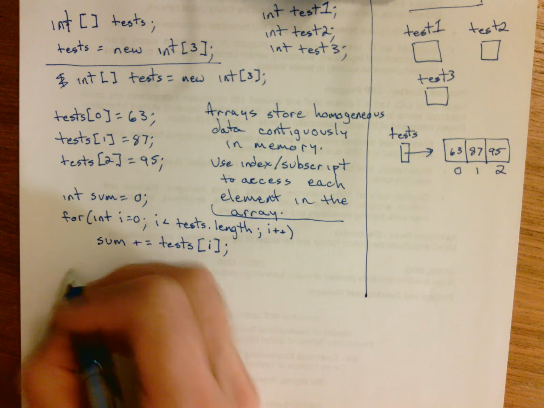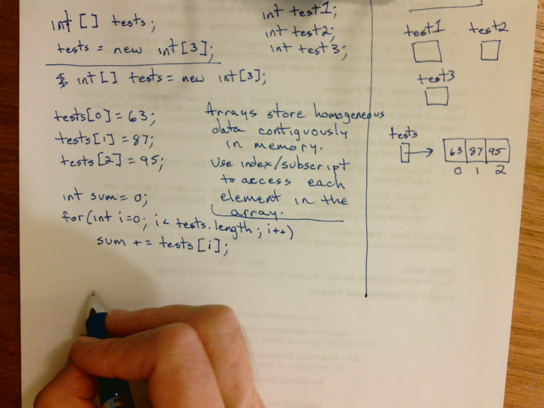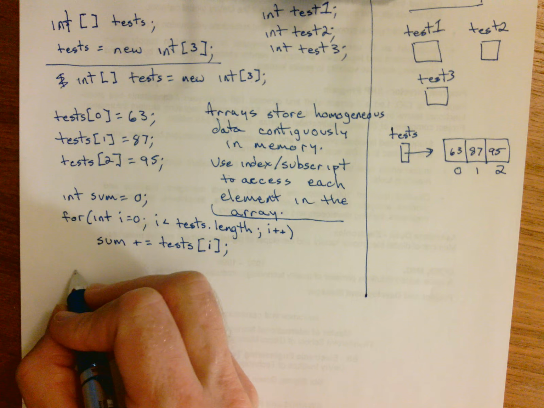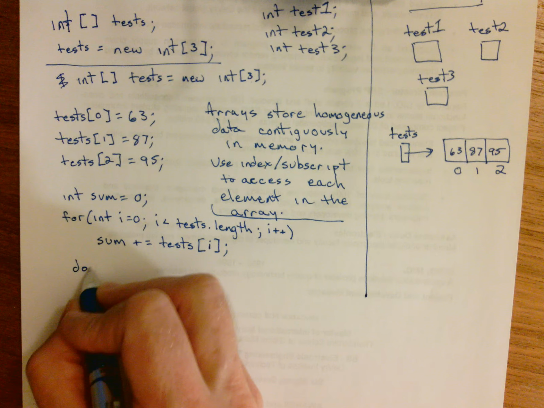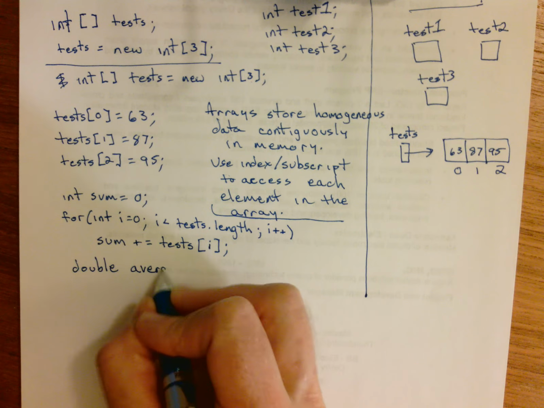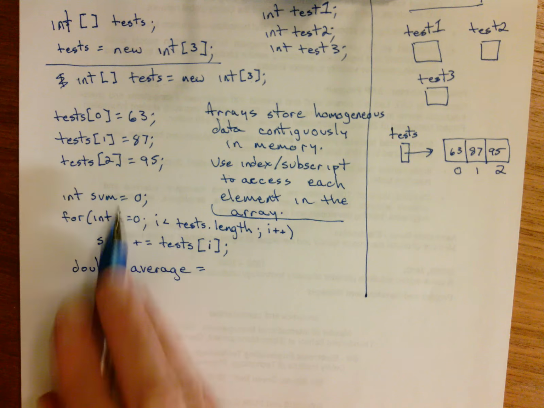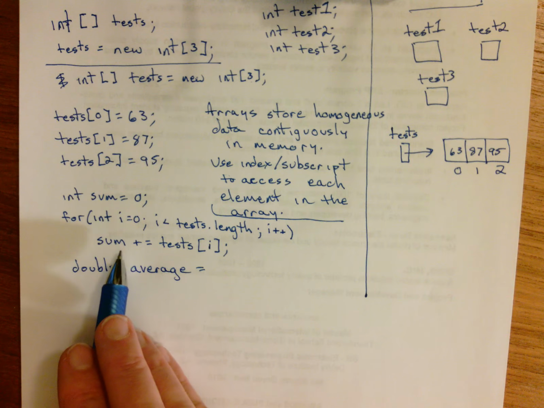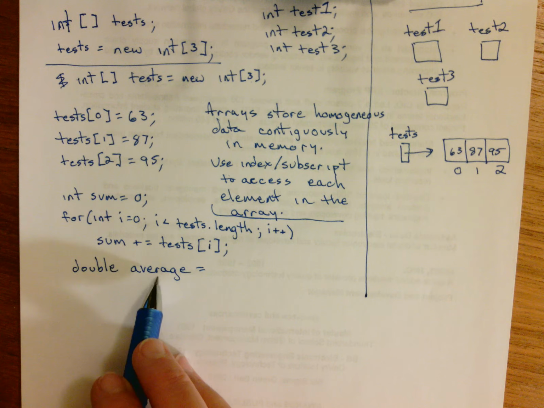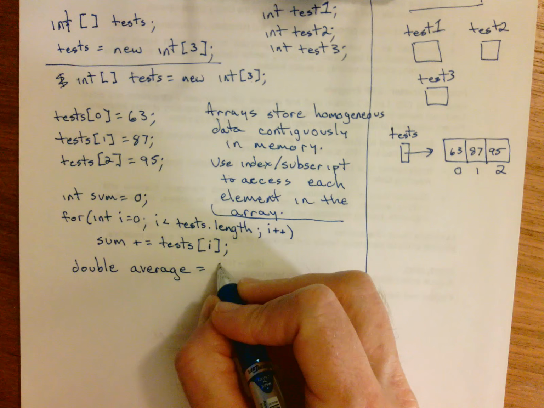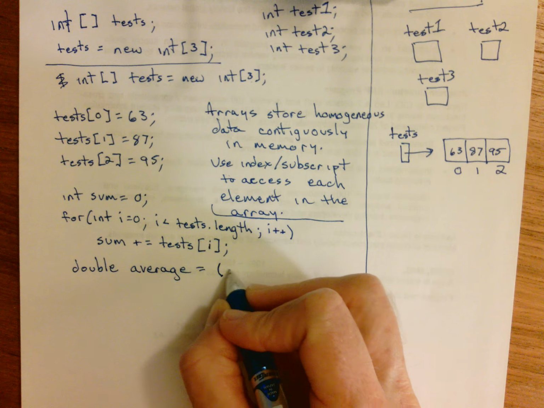Now, we've summed them all up, so how do we calculate the average? I don't know what we're intending to do with this average. Let's just say we're calculating it. So double, notice I made it a double because it is an average. And what have I got here? Sum is an int, and I want to divide it by the total number that are there, which is also an int. So if I want to come up with a double, I have to use a cast, don't I? So I'm going to cast double